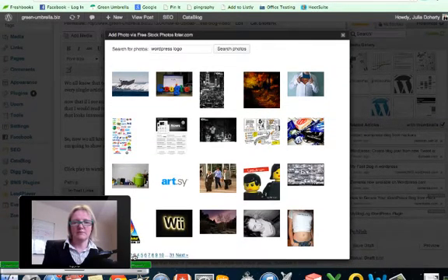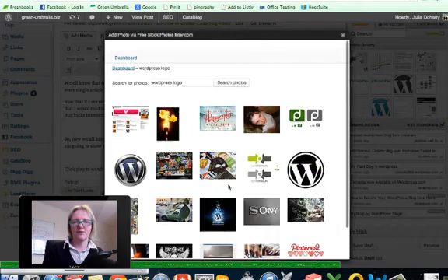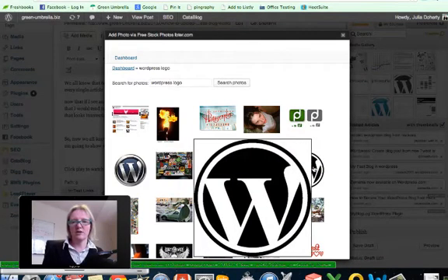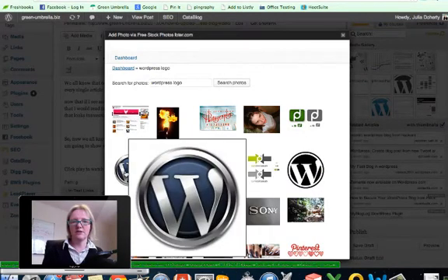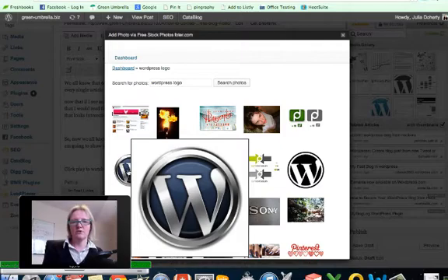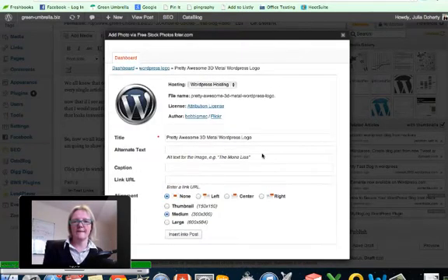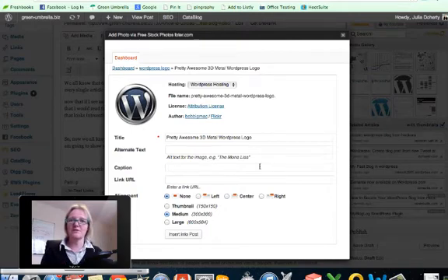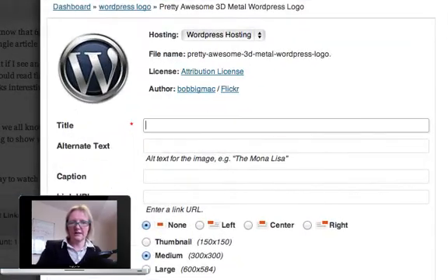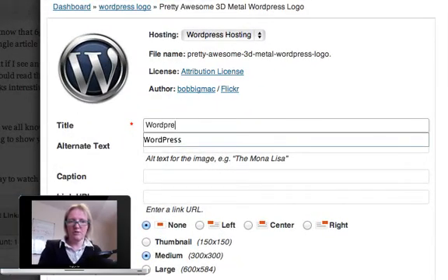Okay, what that has got to do with WordPress logo, I have absolutely no idea. So there you go, we have got a WordPress logo there. That's quite a big one. Let's see if we can do a smaller one. So we're going to insert that. Bearing in mind as well, these are all copyright free, so they're safe to go. Remember to add your alt text, so I'm going to take that out and we're going to put WordPress